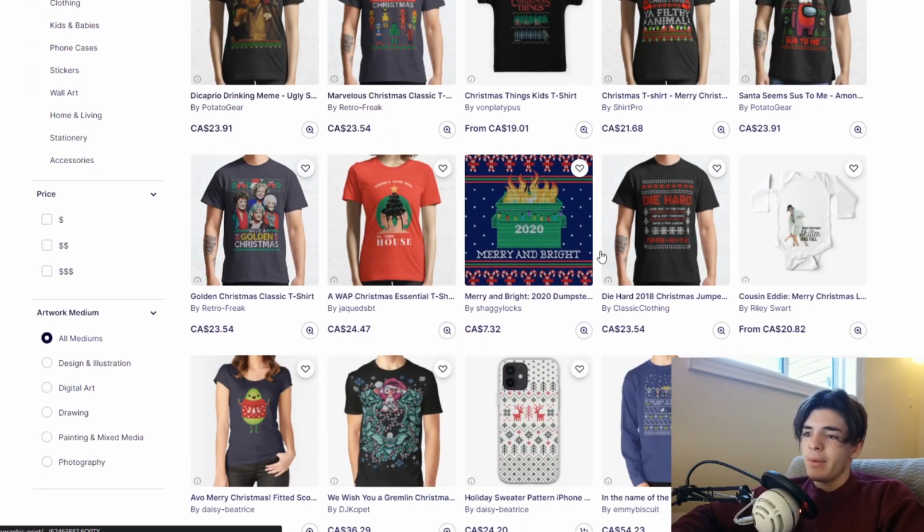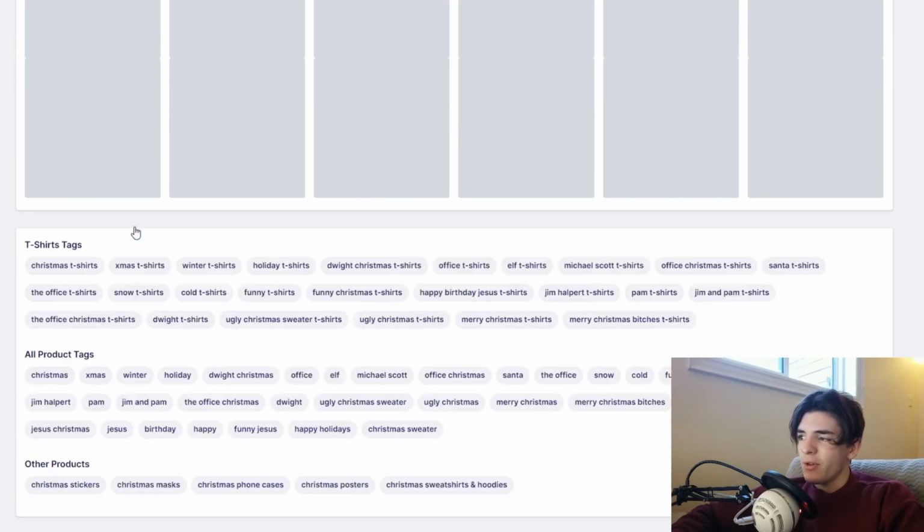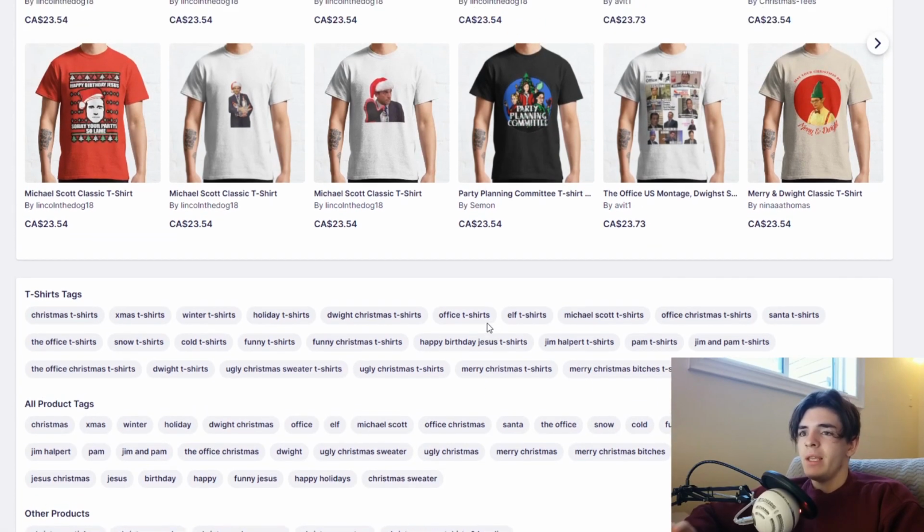And if we go back, we can click on another one, we'll click on this one, and we can look at the tags for all these designs, and you're going to see a lot of these are related to the design. So if you're making your ugly Christmas sweater based on some text, you can repeat that text in different ways. So these people are doing it on The Office. See, they have a bunch of things related to The Office, and then they also have a bunch of things related to just ugly Christmas sweaters. So ugly Christmas sweater, happy holidays. Things that people are going to search for like that are really good to put in your tags too,